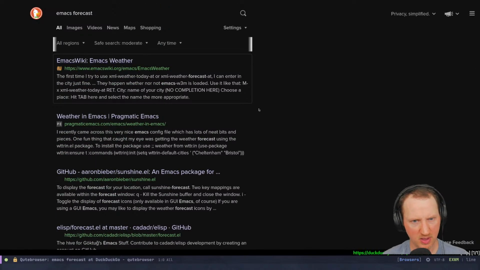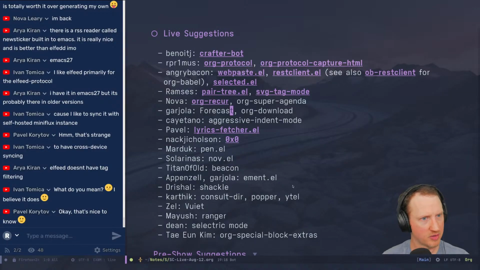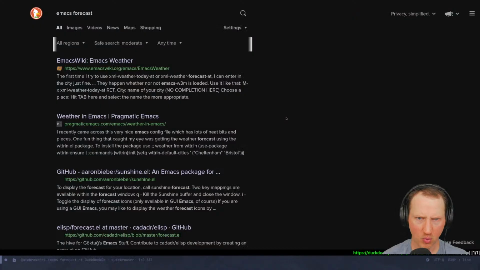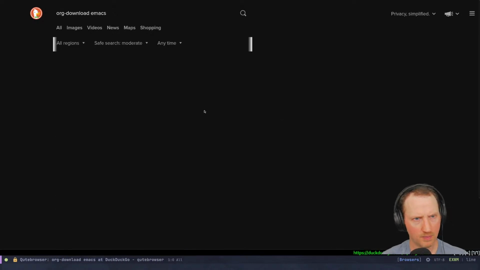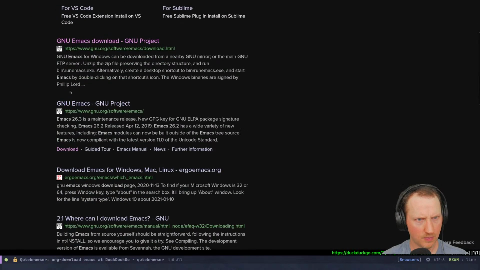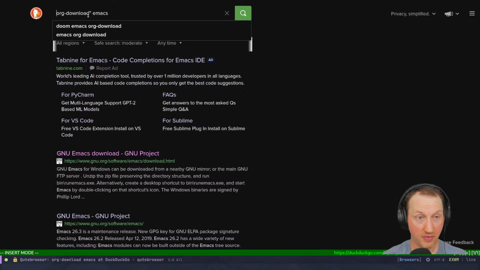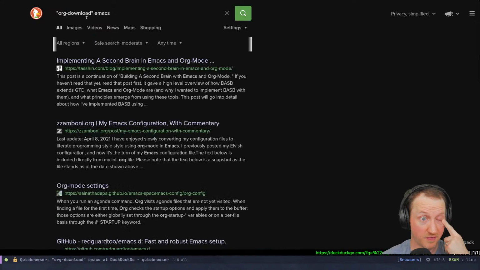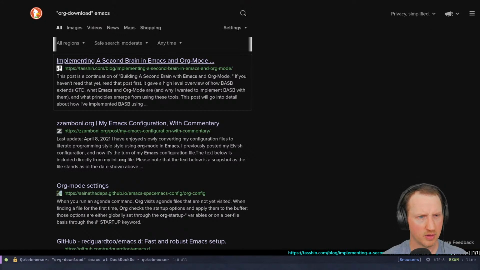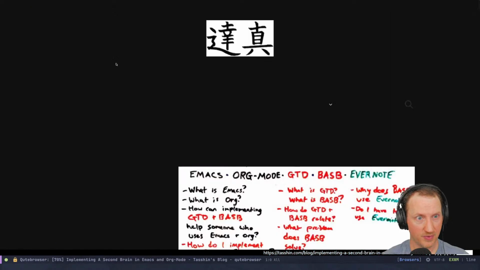Maybe the one that you're thinking of, Garjola, is called something else. There's also org-download. Oh, yeah, that's not going to work. And I think this is for downloading and attaching files to org mode documents. Let's see.